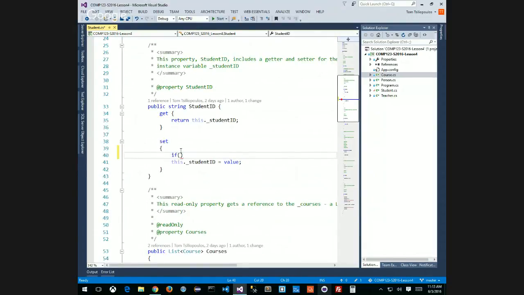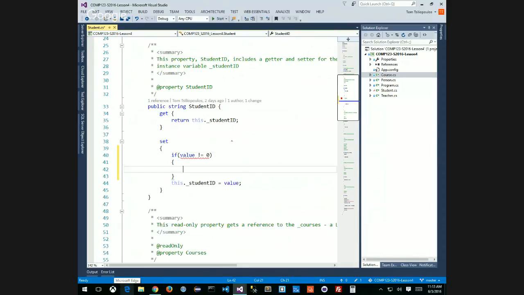If value, I can test for value. If my value is not equal to something. Let's say my value is not equal to, I don't know, 0, then I can put this inside of an if statement. It will never be equal to 0 because my value will always be a string, and that's why it's giving me this error, right? But I can also test it. I say, well, if my value is not equal to